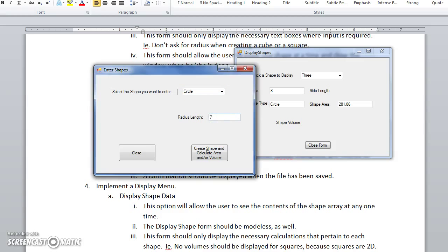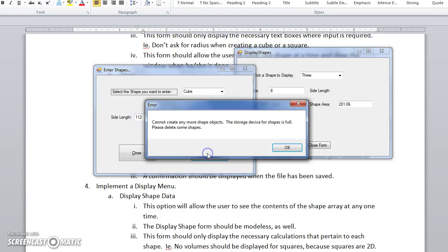Let's go ahead and do these real fast. Now this should be the 7th and the 8th. Let's make that 8. And now object number 9 and object number 10 we should be allowed to create. Let's make a square, a real big square, side length of 20. And now let's go ahead and try and make our 11th object,